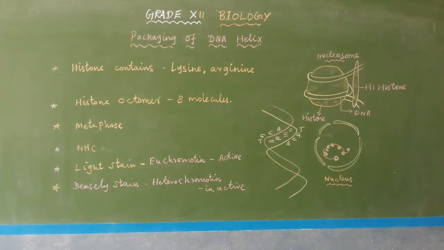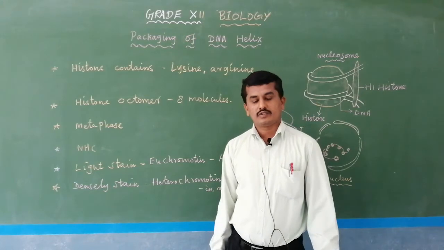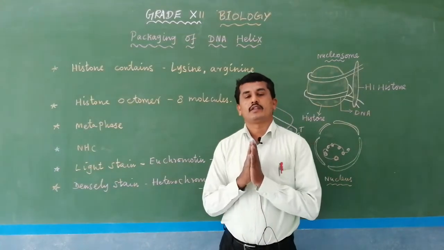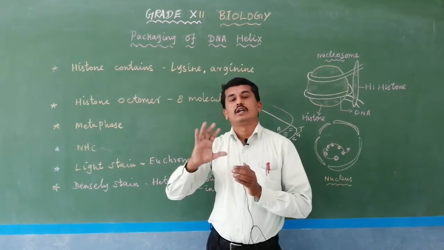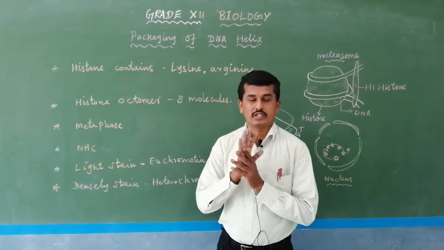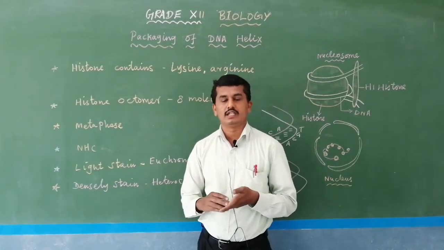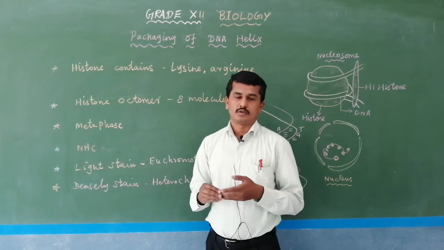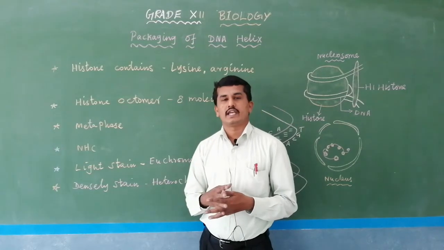What is meant by karyokinesis? Karyokinesis means division of nucleus, and division of cytoplasm is cytokinesis. In karyokinesis 4 stages are present: prophase, metaphase, anaphase, telophase. Already you have studied this in the 11th standard cell division lesson. In prophase, the chromatin reticulum slowly condenses into chromosomes.